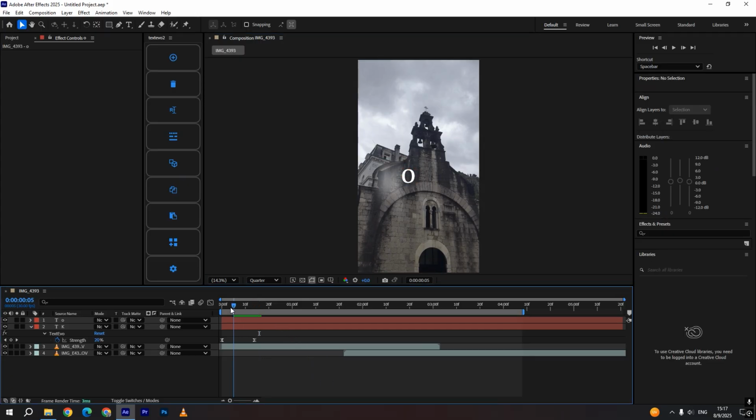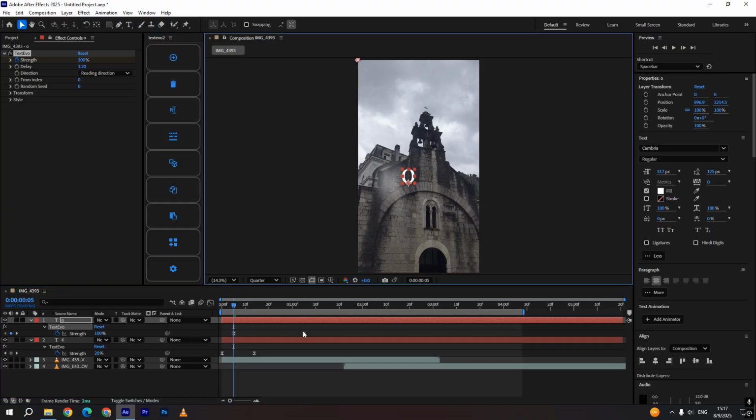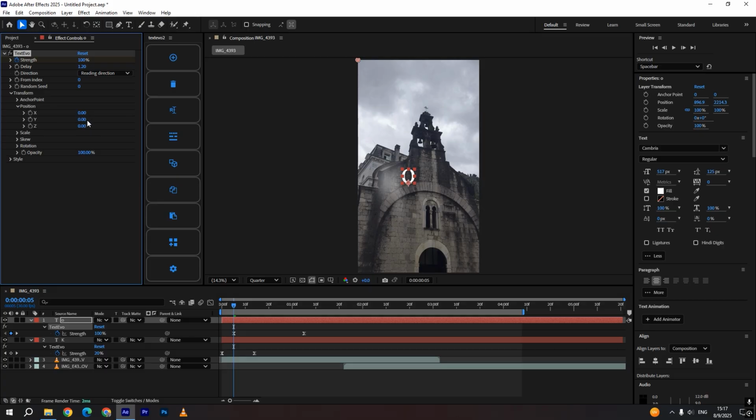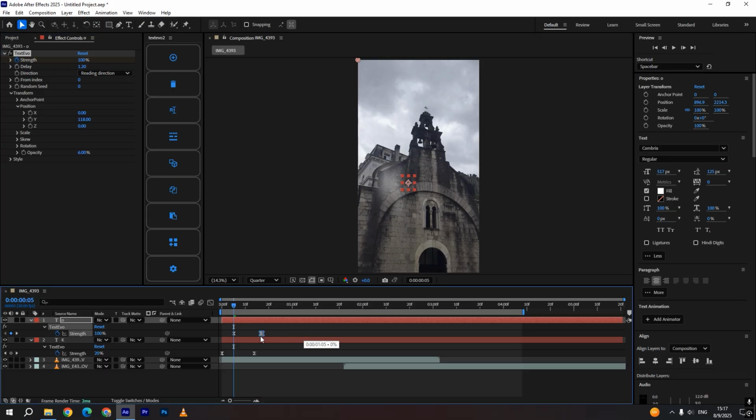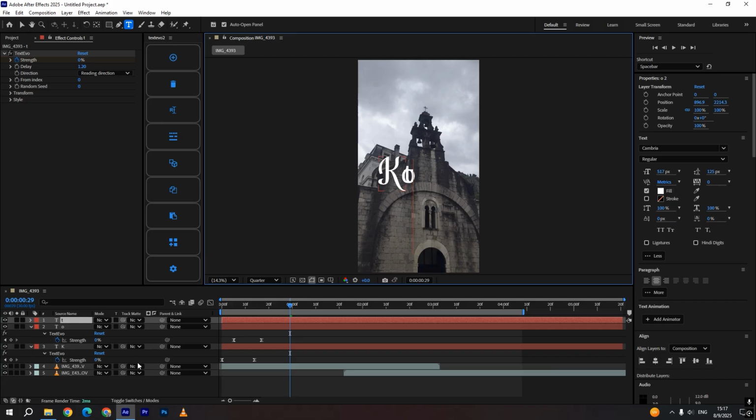Now I want to animate letter O somewhere over here, so I'm gonna click plus again, but this time we'll change the transition. We'll change it to Y position, but I don't want to click blur. Instead, I want to move opacity to 0 and move this somewhere over here, so it should look something like this. I'm going to duplicate letter O, and I'm going to write T instead,